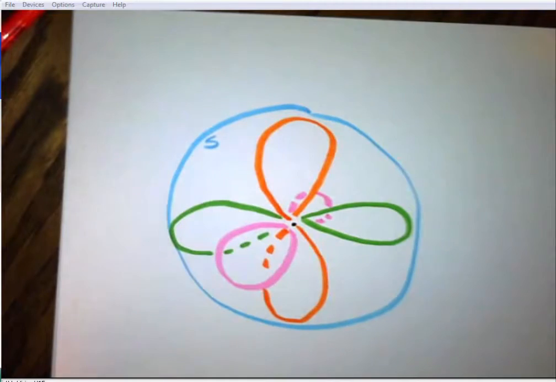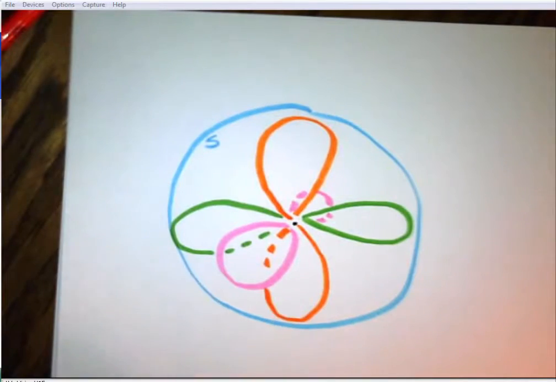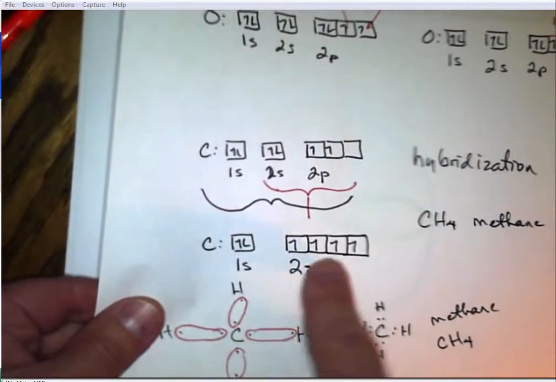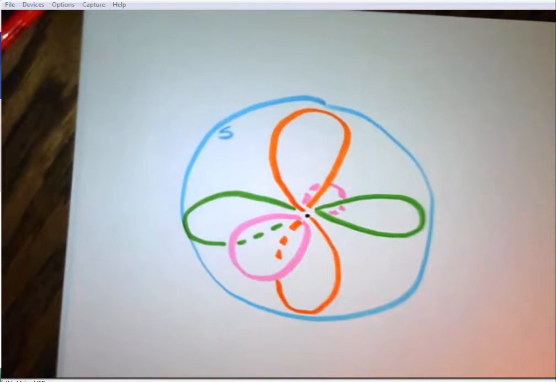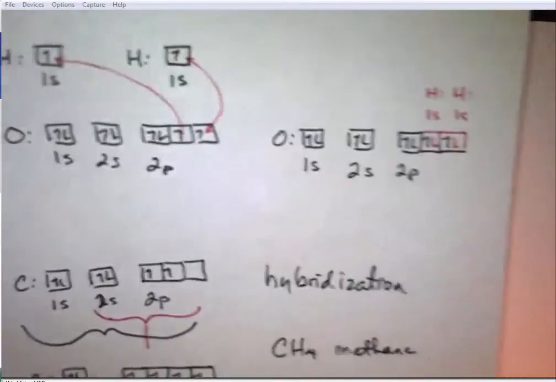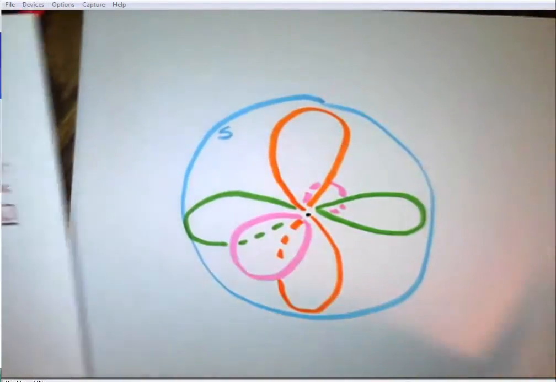When we hybridize these, in order to do that kind of bonding we talked about a moment ago, not only do we change the way that they are arranged in our orbital notation, they're actually changing their shape. Now, in our class here, we don't draw it very often this way, but this carbon has